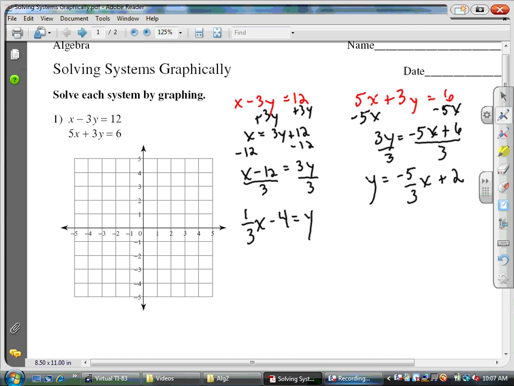Okay, we're going to start solving a system graphically. Basically, what we can have happen when we're solving systems is we can either have one solution, which would be one coordinate point, or we could have no solutions, in which case both of the lines would be parallel and therefore never intersecting, or we could have infinite solutions, meaning the lines overlap each other and they intersect at every